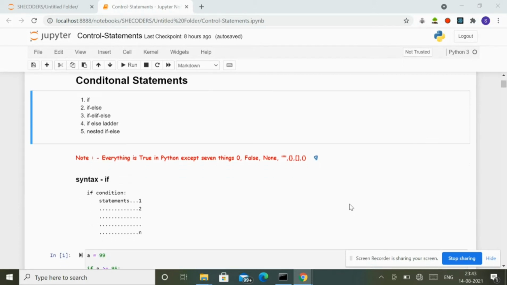So if basically means that we check some condition, right? If something is true, then we do something, otherwise another thing. So basically we need to check if the condition is true or not, and according to that we take the steps. And in Python, one thing to remember is that everything is true except namely seven prominent things, which